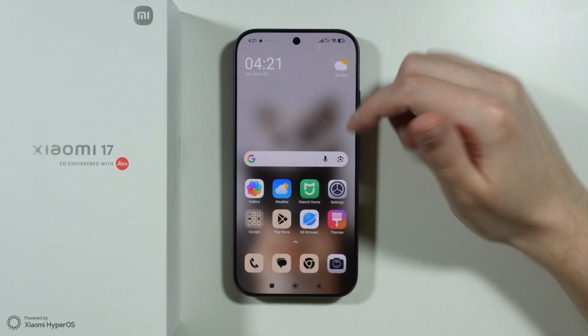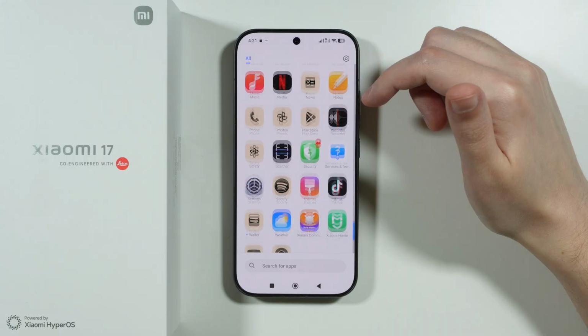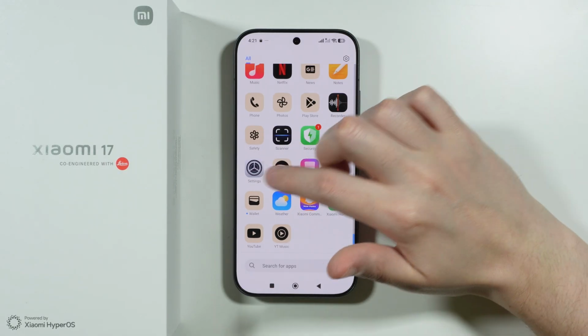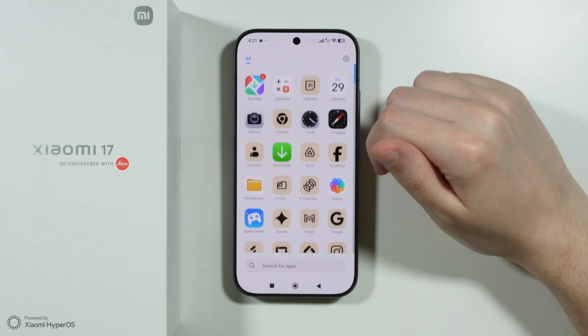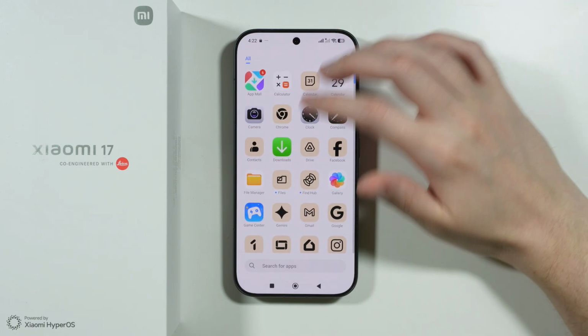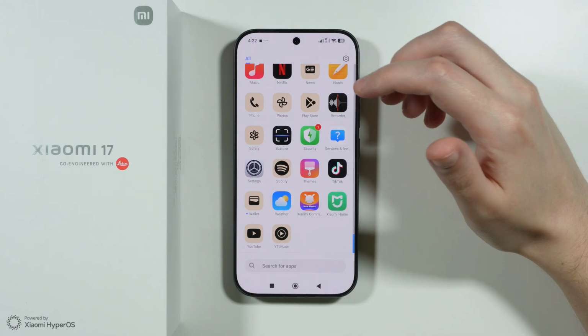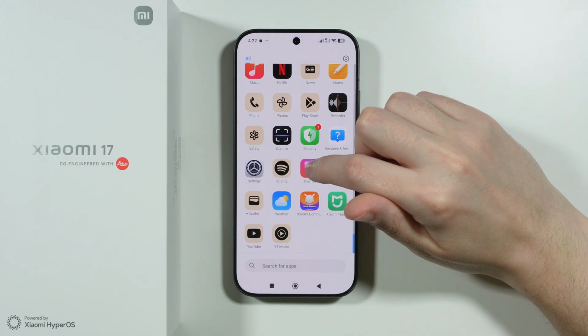Unfortunately, if you do so, only certain app icons are going to be affected. As you can see, many third-party apps, not even third-party apps, but many apps in general, are not affected by this change. So maybe the better solution to change color for icons would be to use